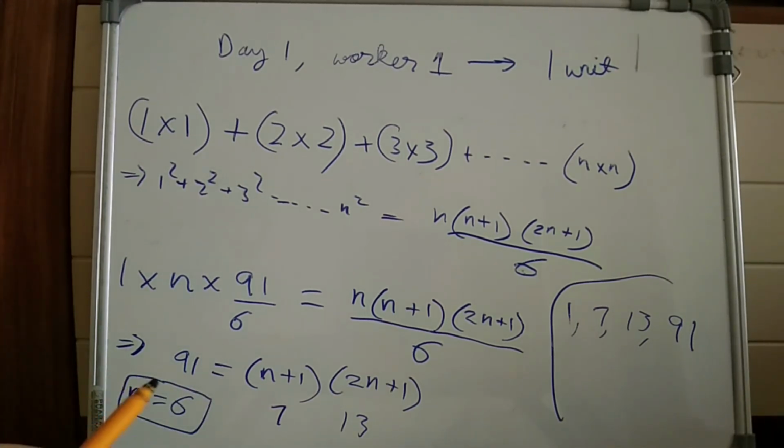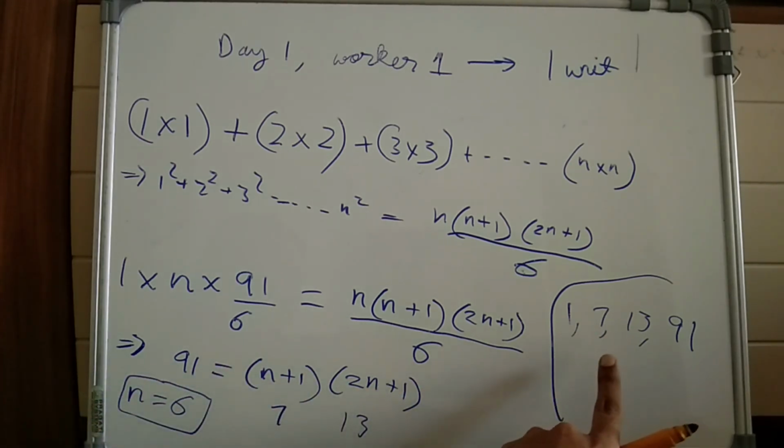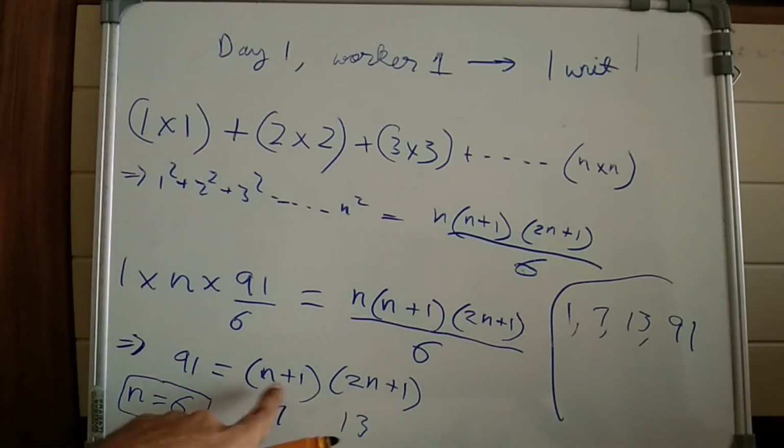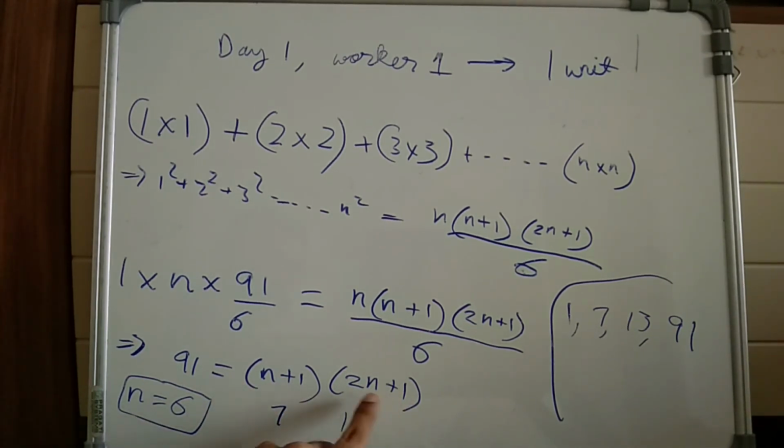So what I am saying is that you can also make a quadratic equation by multiplying this. But just to save time, this is one more method, because these are two numbers giving a multiplication of 91, right? So just find the factors of 91. These are the four factors of 91. Just look at which two numbers are satisfying n plus 1, 2n plus 1. So 7 and 13 are satisfying. n will be 6, because none of them can be 1, right? If you put this equal to 1, n will be 0, and if you put this as 1, again n will be 0. Okay, so n is equal to 0 is not possible. So n is equal to 6 is the answer.